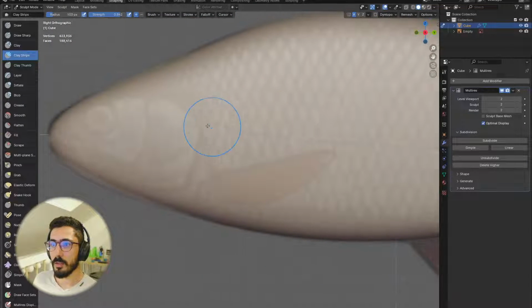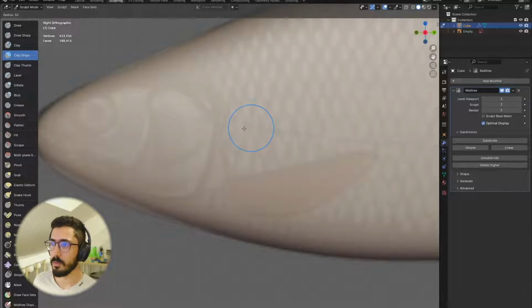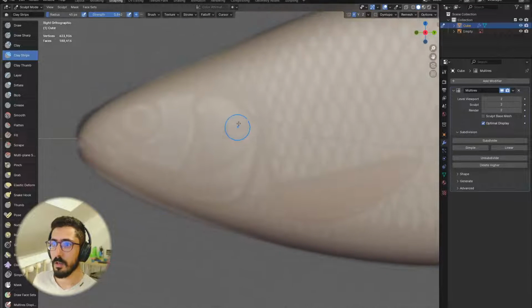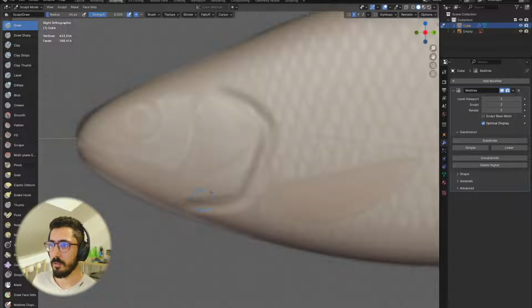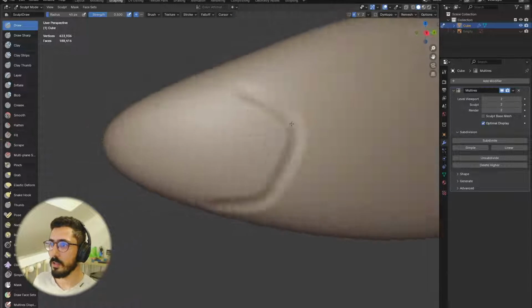Okay, so I was thinking of trying something actually, since we're talking about the clay strips. Because usually I go to the draw brush and I do this, for example. Let's hide the image so you can see. So now we had this